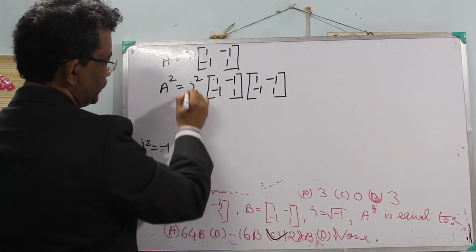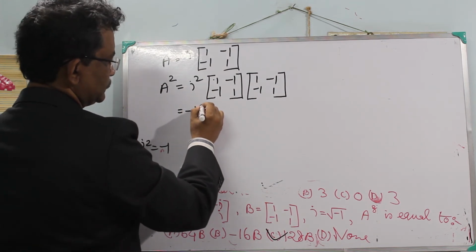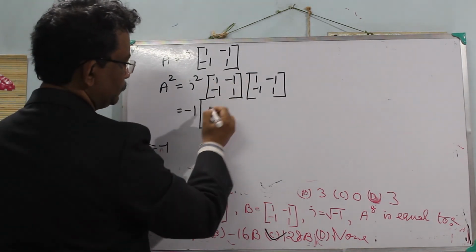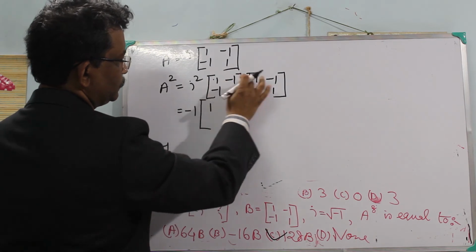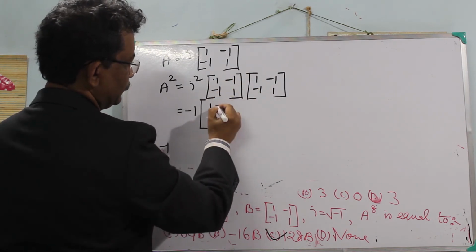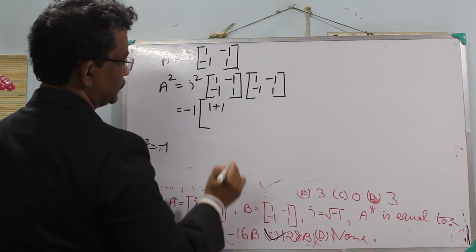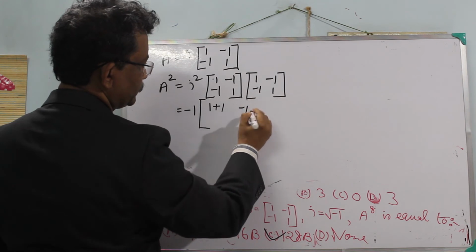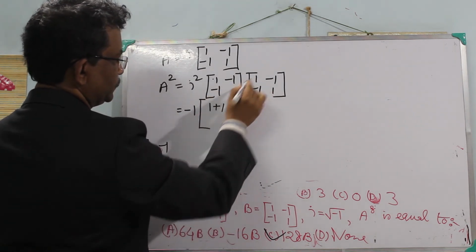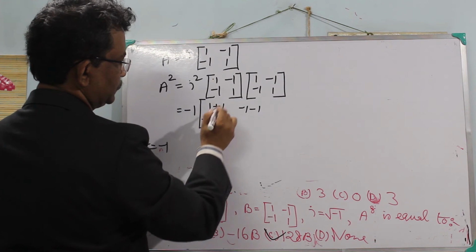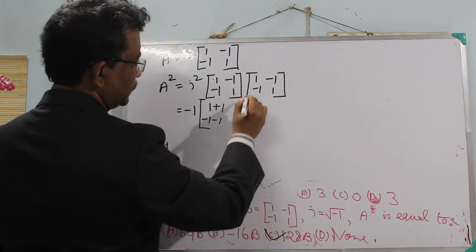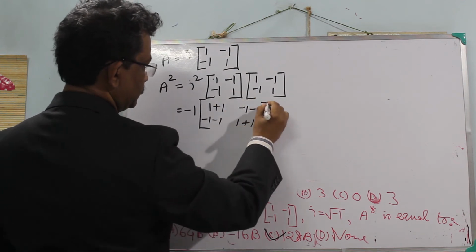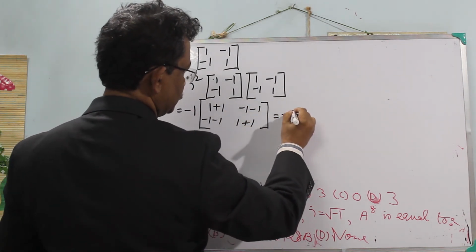This is equal to, A square means, minus 1, minus 1, 1 into 1, 1 into 1, 1 plus 1, then 1 into minus 1, minus 1, minus 1 into minus 1, minus 1 into 1, minus 1, 1 into minus 1, and here minus 1 into minus 1, 1 into 1 plus 1, is equal to minus 1 into